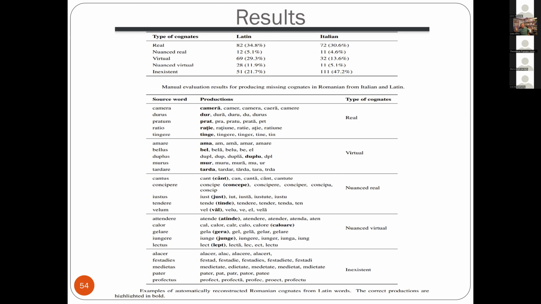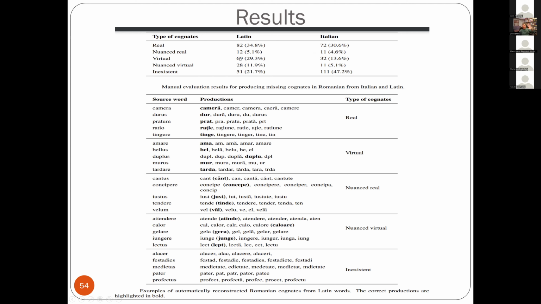Our friends, the linguists, said, okay, we have to split your results into four or five classes. Real words, where you obtain exactly the real form. Non-real, which is almost real, but with small differences. Virtual, maybe it was, but we have no solution. And no way, it was rubbish, a trash. And the results which you obtain are given here.